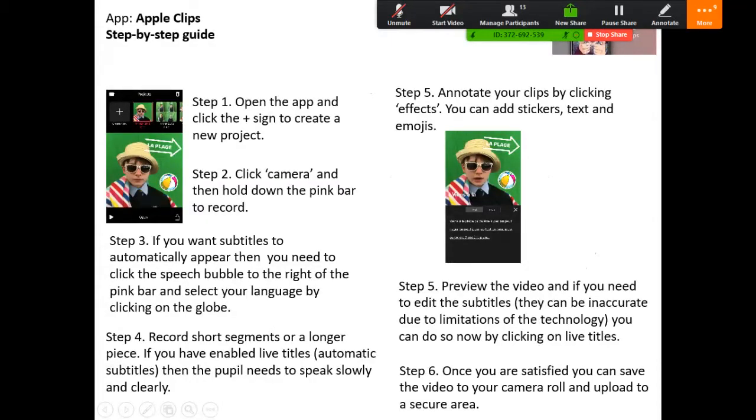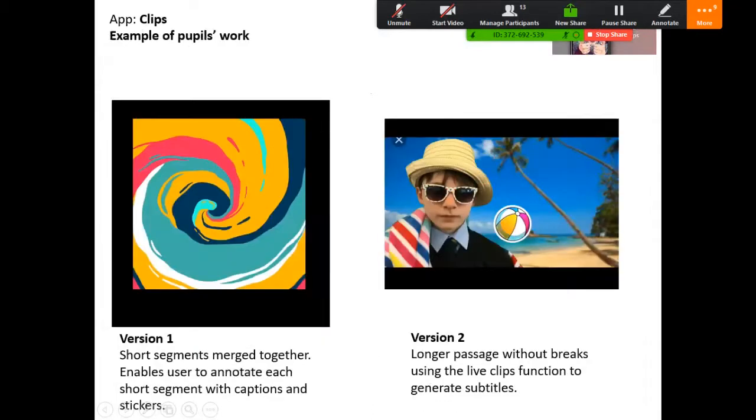The first version on the next slide is, again, a step-by-step guide for those who'd like a bit of a tutorial. Don't play this just yet, Peter, but the first version is short segments merged together with no clips, no captions. But you'll be able to see that you can annotate the individual clips and put relevant stickers or caption text things on it, labels really.